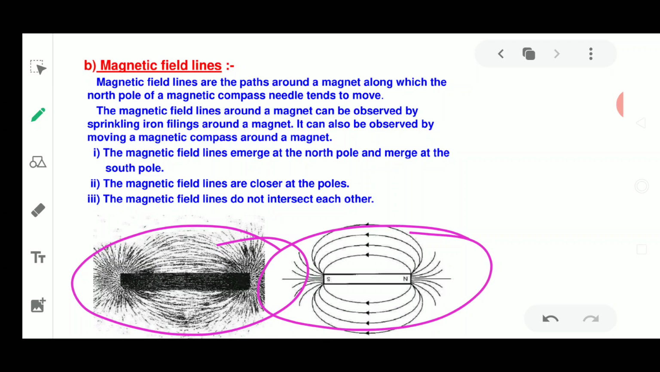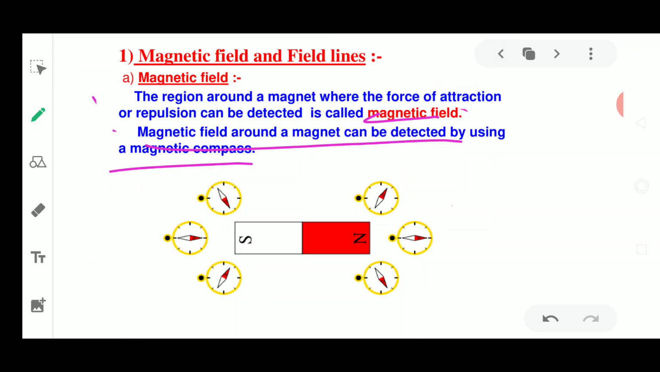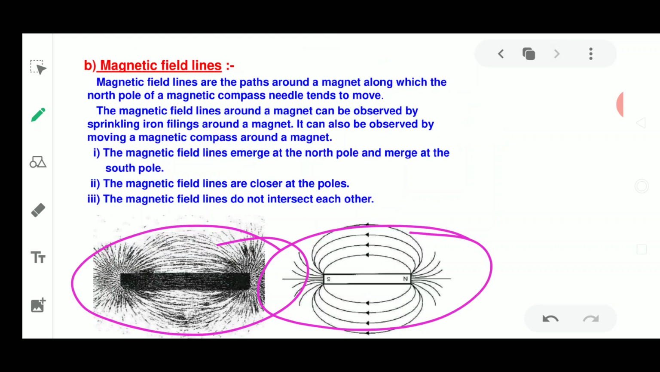If you want to draw them, you could draw them using the magnetic compass. There is even one activity given in your NCERT book about drawing and finding out the magnetic field lines. There are certain properties of these magnetic field lines which we will study now. I'll give you the description of these magnetic field lines. So what are magnetic field lines? Magnetic field lines are the path around a magnet along which